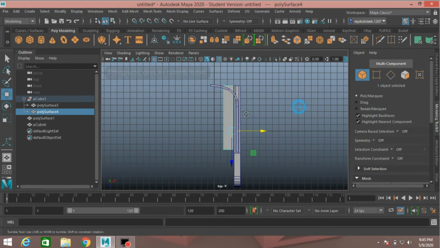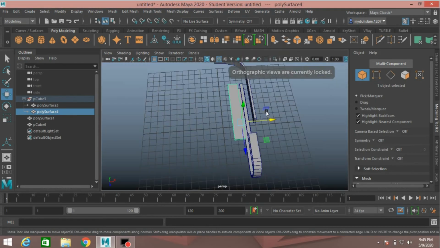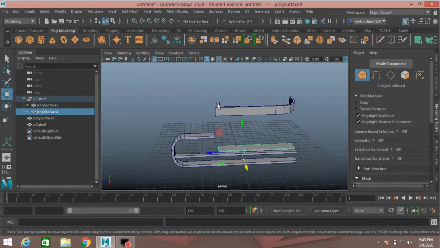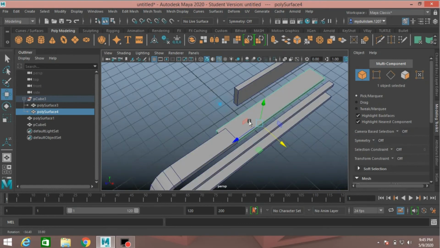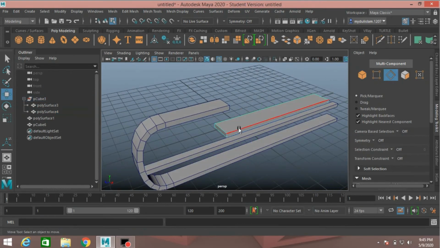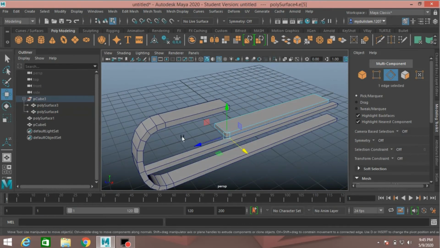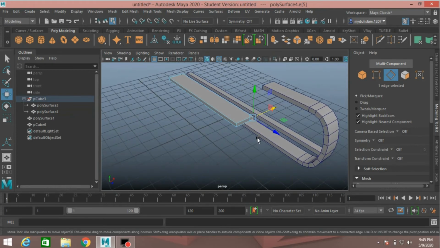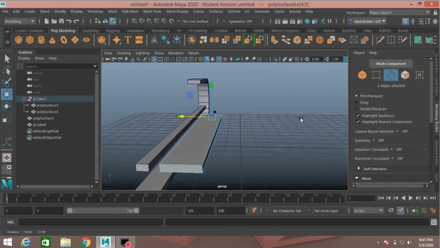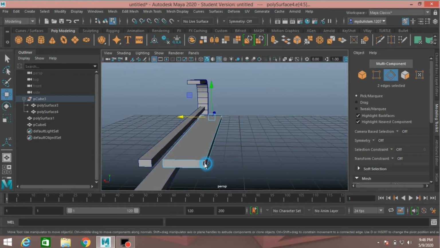Now go to object mode, go to perspective view, edge mode, select this edge, shift select this edge, and this edge.